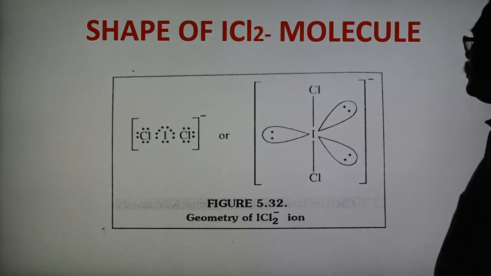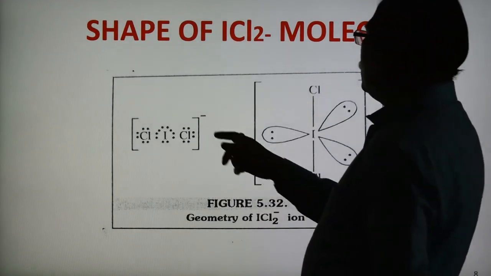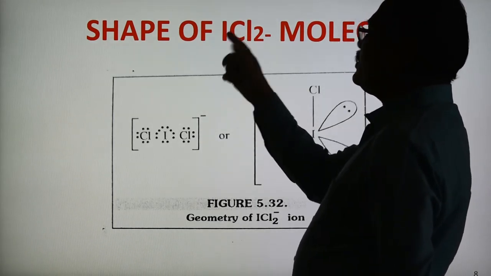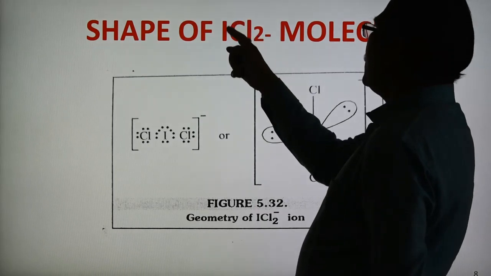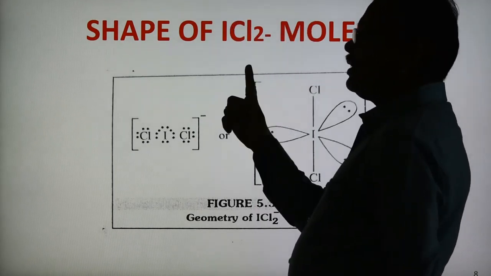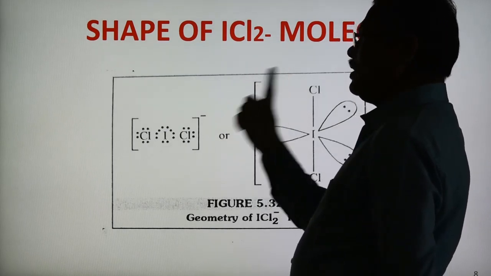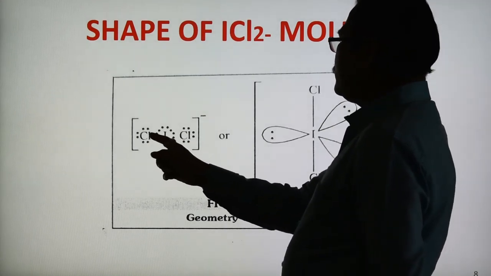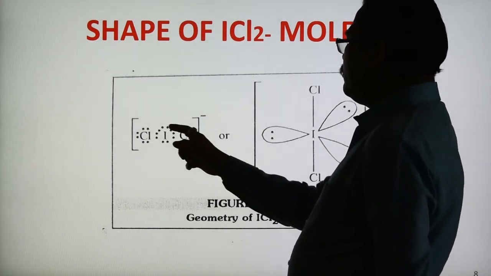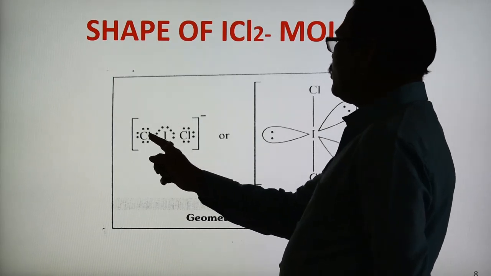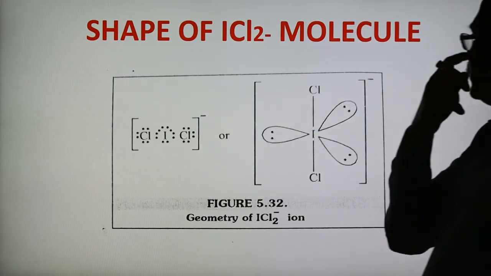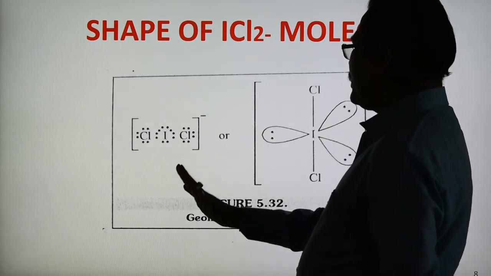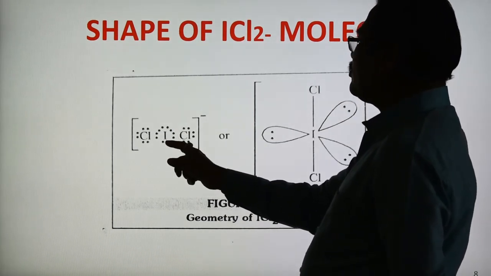Here it is 1 minus only, not 2 minus. So iodine is the central atom having 7 electrons, and 1 minus is there. This is ICl2 minus. So 1 minus means 1 electron is added. 7 plus 1, 8. So 8 electrons are here, and 2 electrons take part in the bond formation with the 2 Cl. So around this, this is one bond pair, this is another bond pair, and 3 are the lone pairs which are present around the iodine atom.